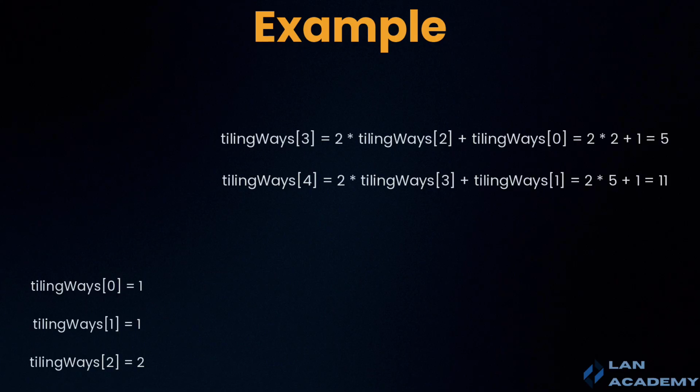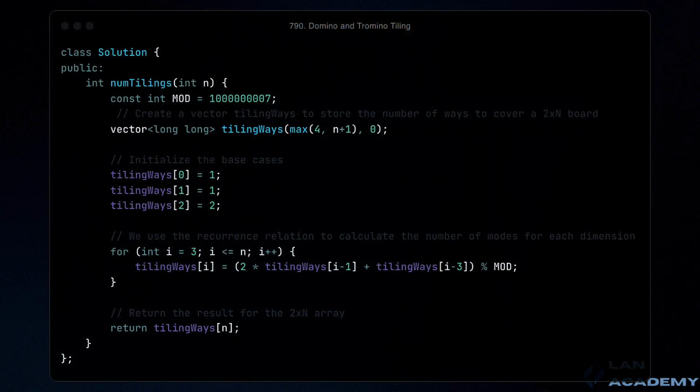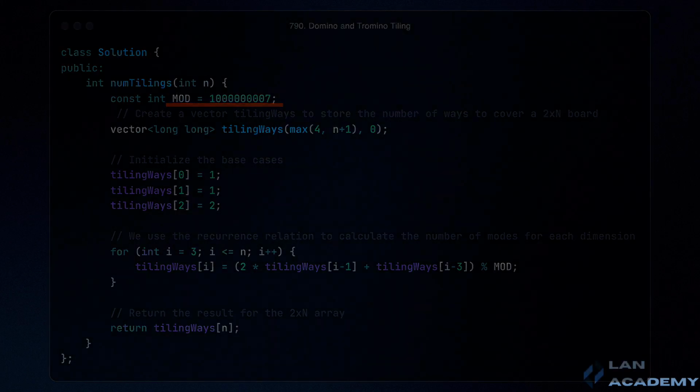Thus, the recurrence relation allows me to efficiently calculate the number of ways to cover a 2 times n board, with n equals 4 in this case, but it can be applied to larger values in other cases as well. In conclusion, the algorithm I developed adopts a dynamic programming approach to calculate the number of ways to cover a 2 times n board using domino and tromino tiles. By using an array to store intermediate solutions, I avoid unnecessary recalculations and ensure a time complexity of O of n. The derived recurrence relation allows me to calculate the number of ways systematically and efficiently, ensuring that the results are correct and manageable by using the modulo 10 to the power of 9 plus 7.